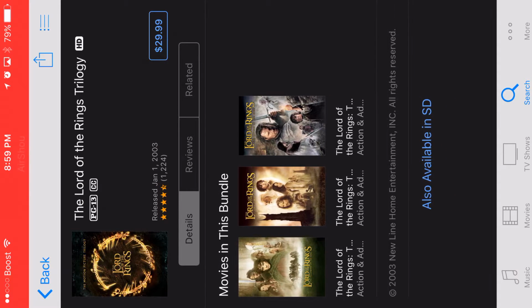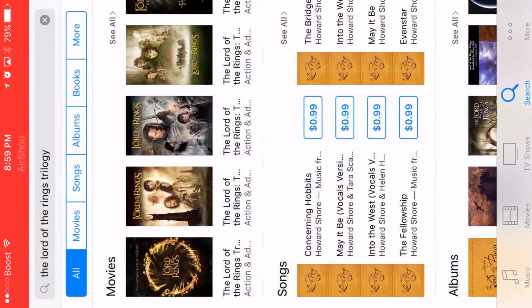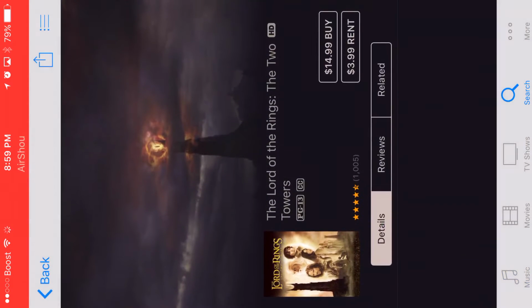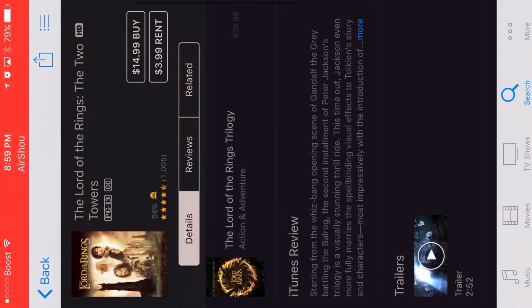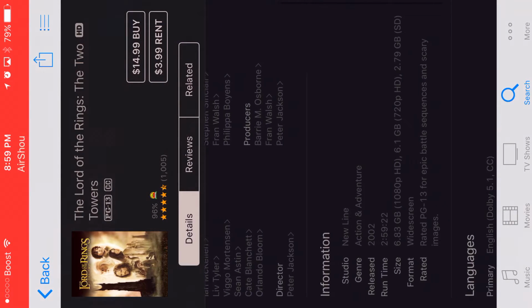Huh. Apparently you gotta buy it. I remember I would just... Okay, go to this one, where it says rent. Lord of the Rings, the Two Towers, basically. If you go down and check the information...